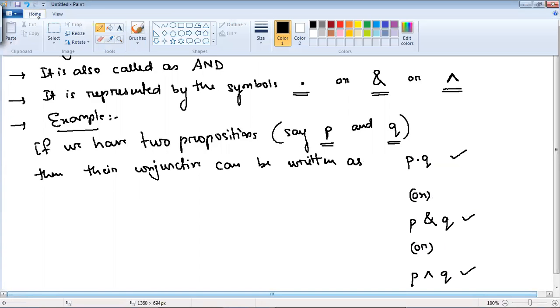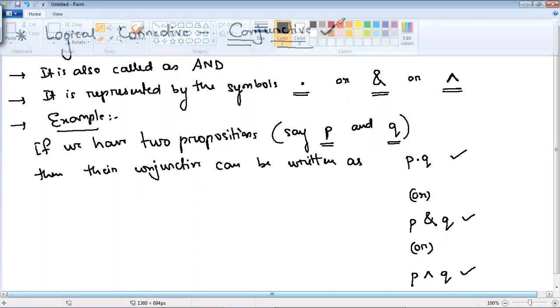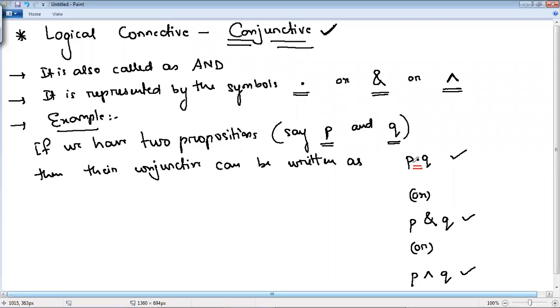Clear? So if you find dot in between two variables or two propositions, then you can say yes, this symbol is the symbol of conjunctive.